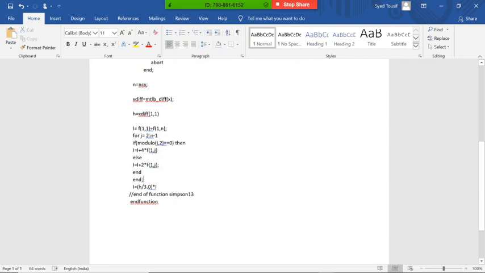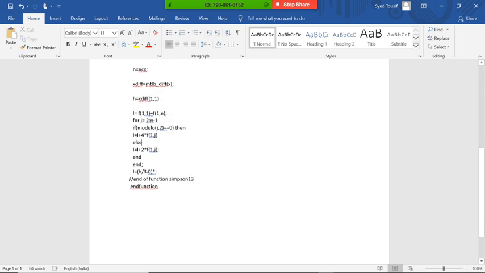We initialize from 2, because the first value we have already taken, and the last value, n minus 1, we have also taken, so we do not require the first and last values. The loop starts from 2 and ends at n minus 1. Then we check whether j is a multiple of 2.